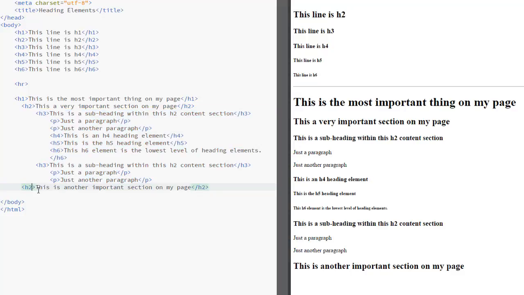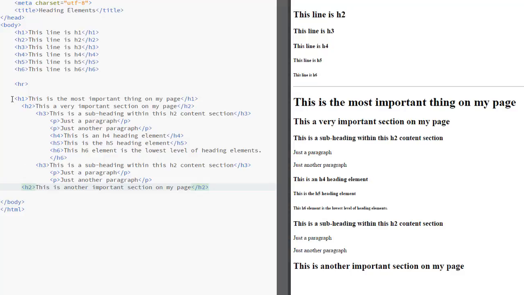There is something called document outline, and this used to be a lot more important than it is right now, at least as far as browser extensions and things like this. It's still very important that you code your page correctly. Don't use an H1 just whenever you want big bold text, or an H2 when you want something a little bit smaller. You need to organize the content of your page around these H1, H2, H3 elements.